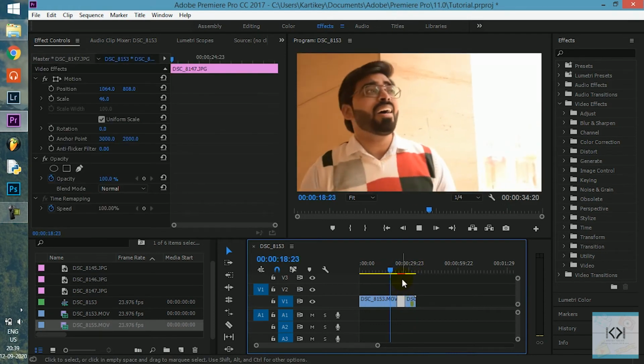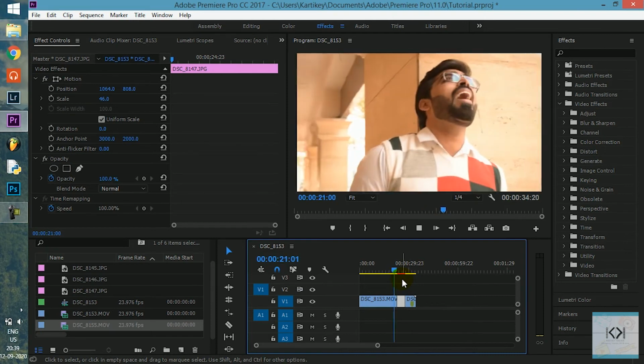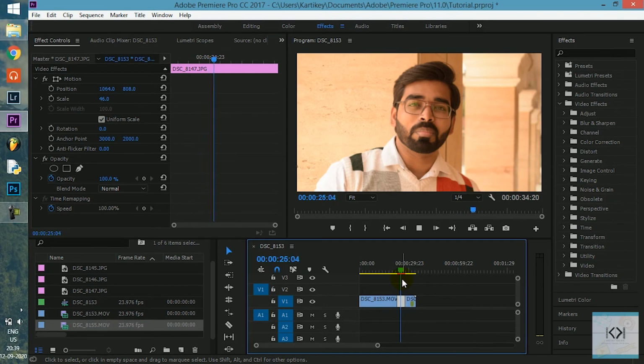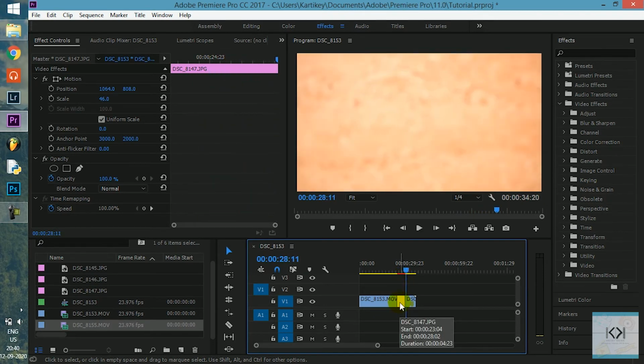Suppose this video is playing and you have added a photo after that, but this photo is coming for a very long duration. So to reduce its duration, if you hover over it, you will see in this pop-up that duration is 4 seconds 23 frames. So it's almost 5 seconds. So what I will do to reduce its